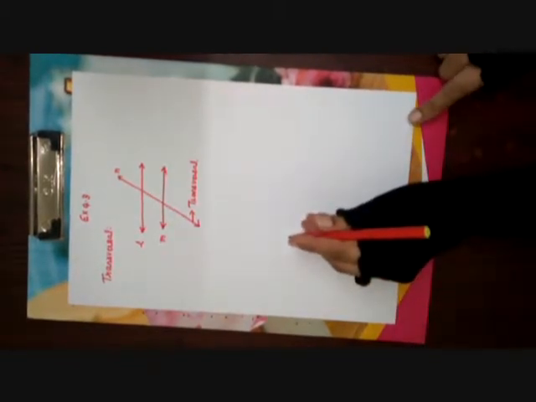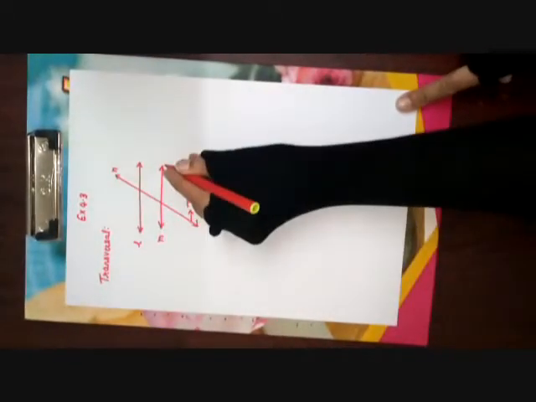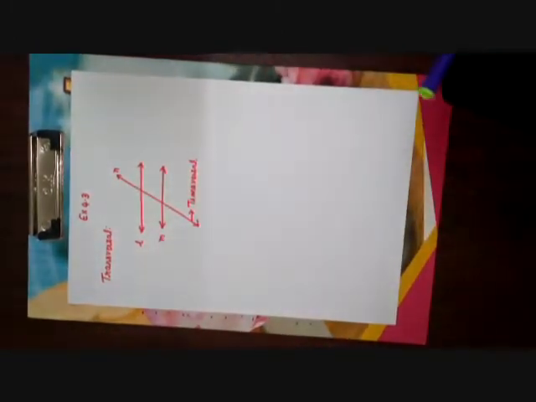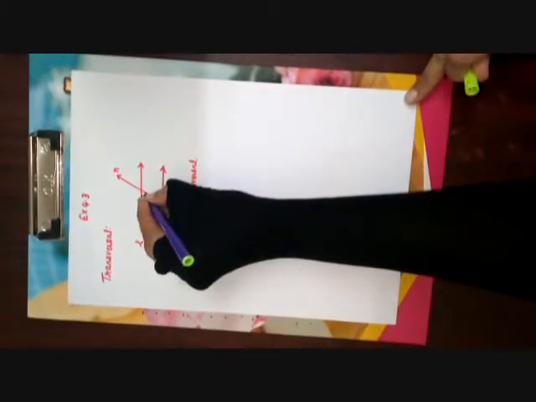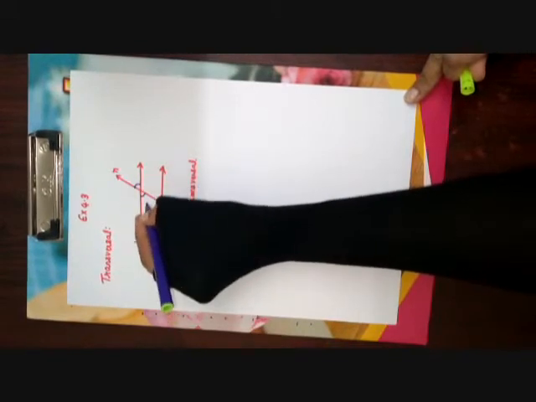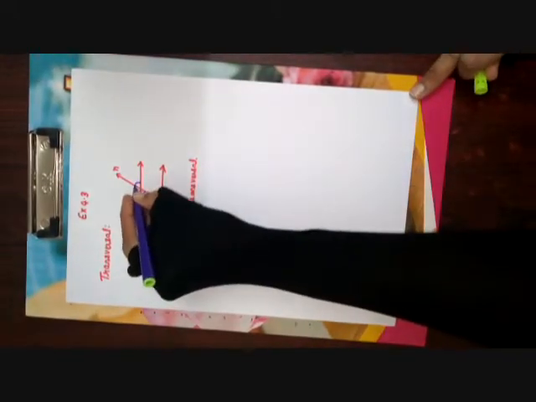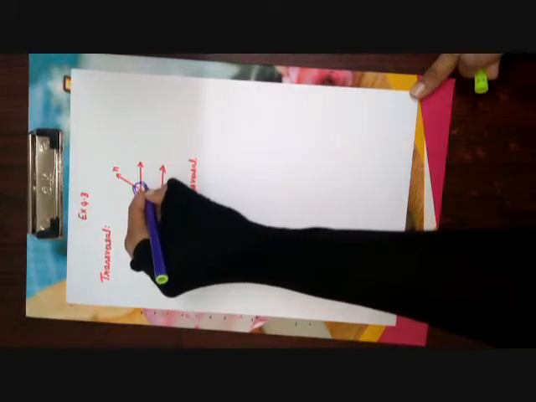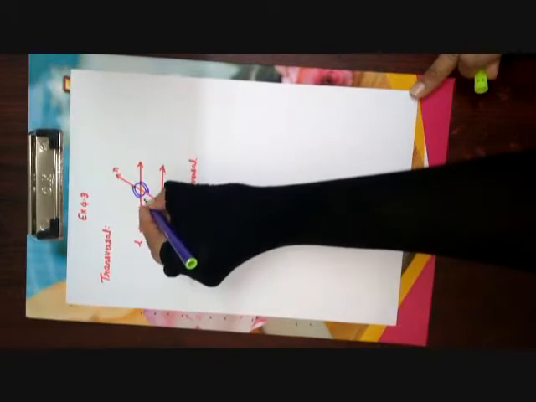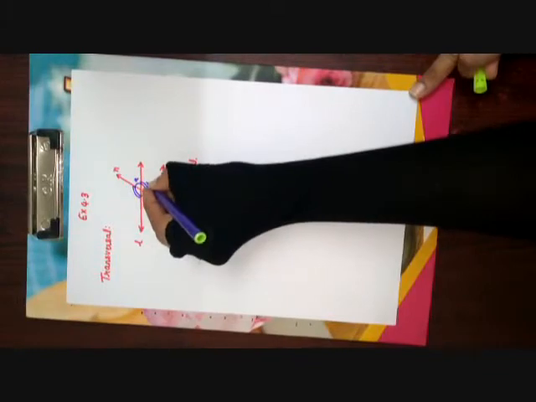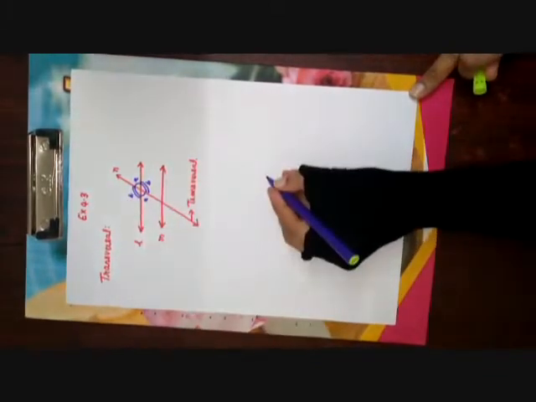At each of the parallel lines, there are two pairs of vertical angles. Now, these are the parallel lines, yes? At each of the parallel lines, we have two pairs of vertical angles. These are vertical angles, and we have learned previously that vertical angles are equal and opposite to each other, okay? We have two pairs. Suppose I call this A. This is one pair of vertically opposite angles, and this is the second pair of vertically opposite angles.